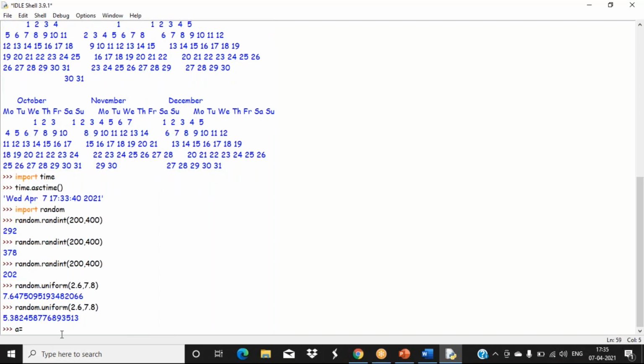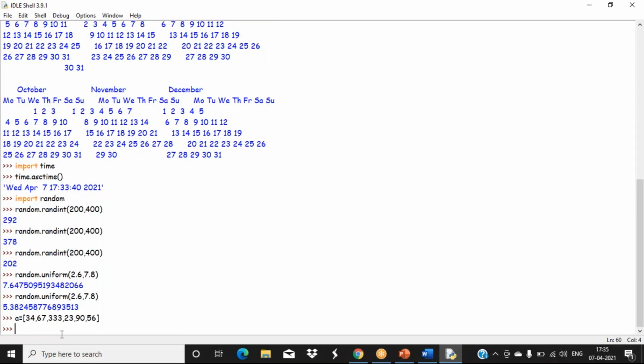Okay, now another option is there. Suppose I have a list of items like this. Yesterday we learned what list items are. So we write random.shuffle, we have a shuffle function.